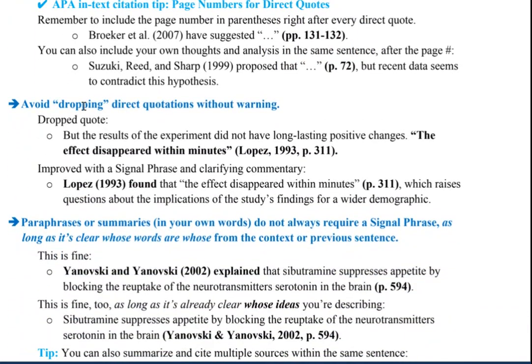This section on dropping direct quotations, these are going to be called dropped quotes. Sometimes I call them dangling quotes. The dropped quotes are the ones where I have a student who's new to this kind of writing, as I was describing a moment ago, just copy and paste like what you see here. That shows the student has an idea of what to do, but it's not the kind of writing that shows how the ideas taken from the quote connect to the rest of the writing.